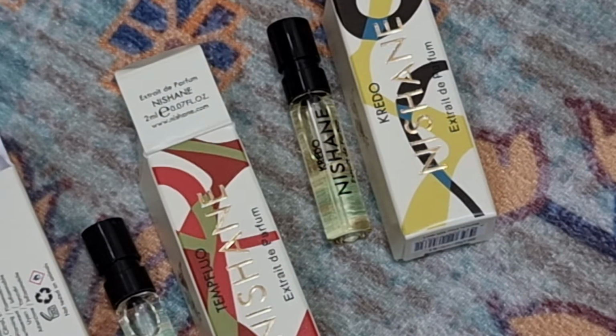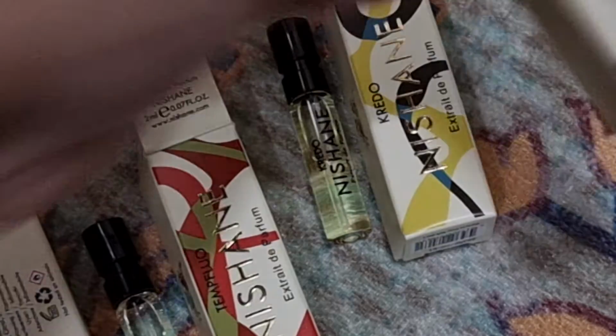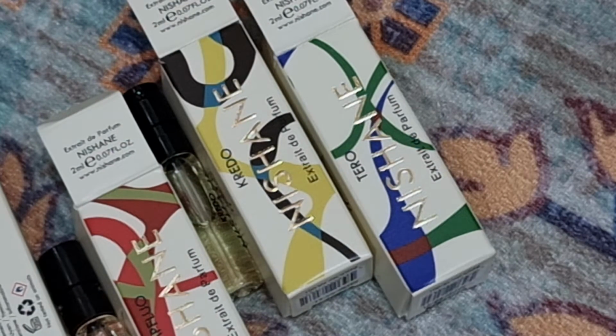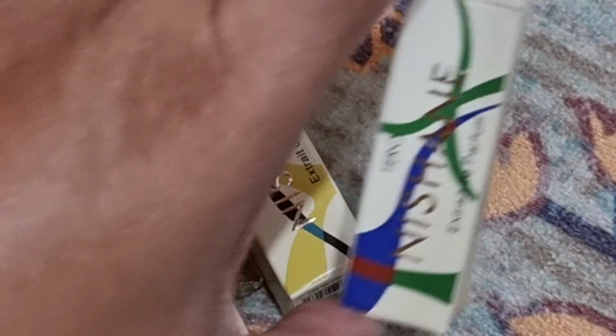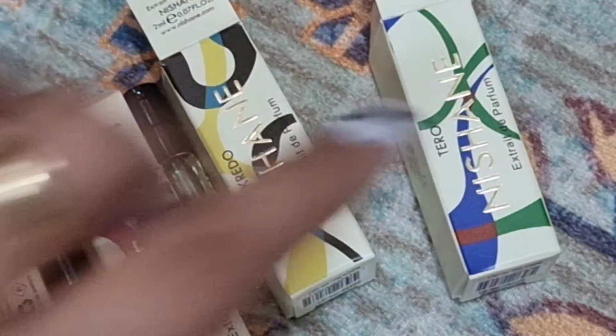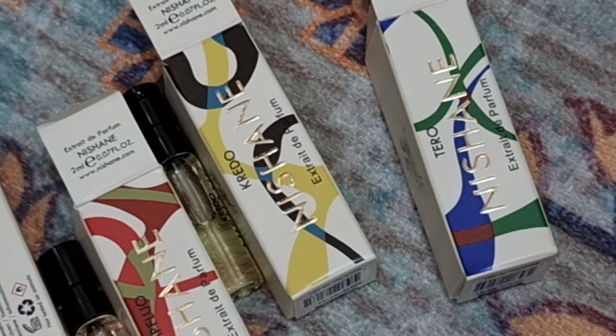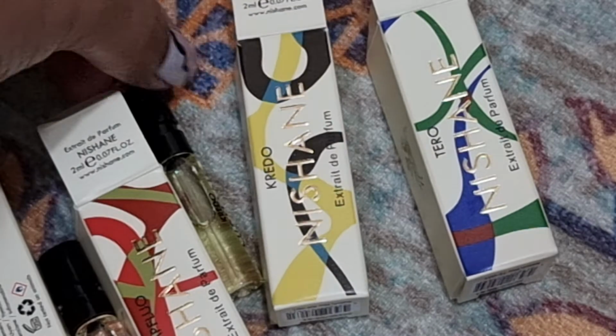Interesting name. So there you go, the Creedo. Sorry, that was Creedo. This is Taro. This is Creedo, this is Trail. I already explained Creedo, so this is Trail. Sorry, I was saying it wrong. The Creedo